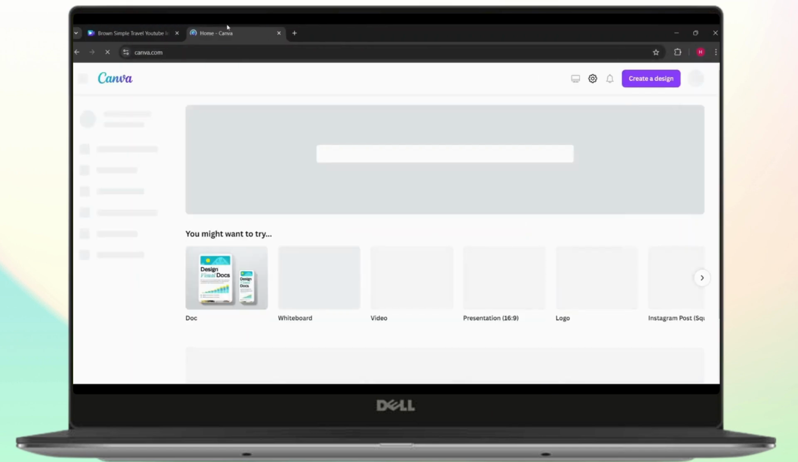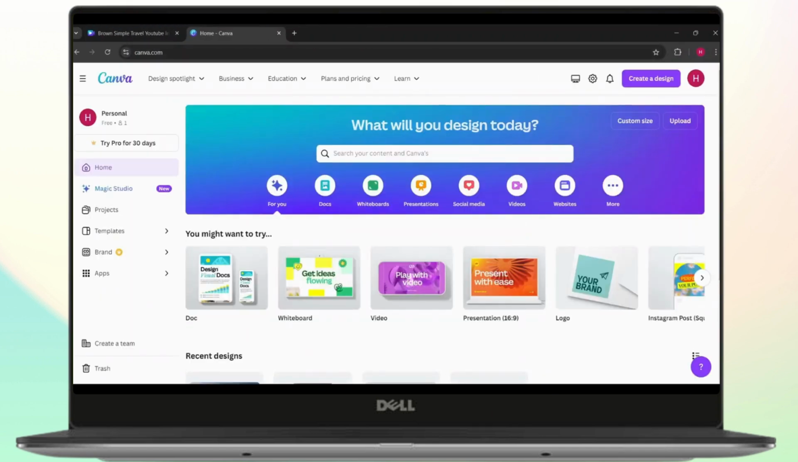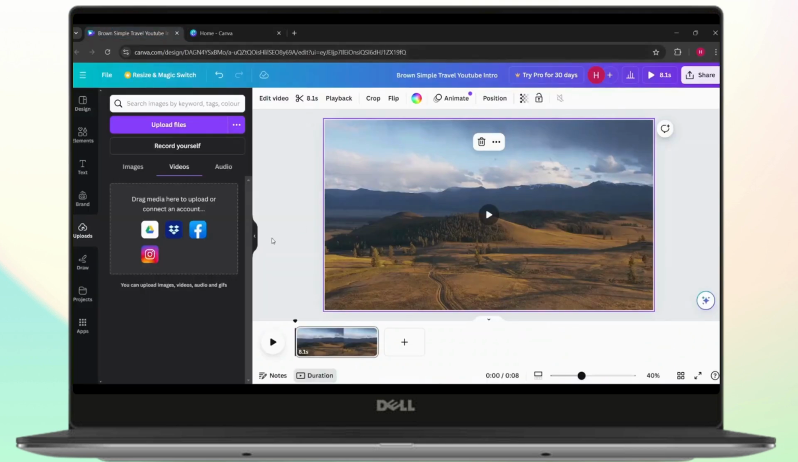Once you search for it, you will get to the homepage of Canva and make sure you log into your account. Once you have done that, you can just create a new design here and then upload a video from here. I've uploaded a video right here, so once your video is uploaded, let's see how you can add the